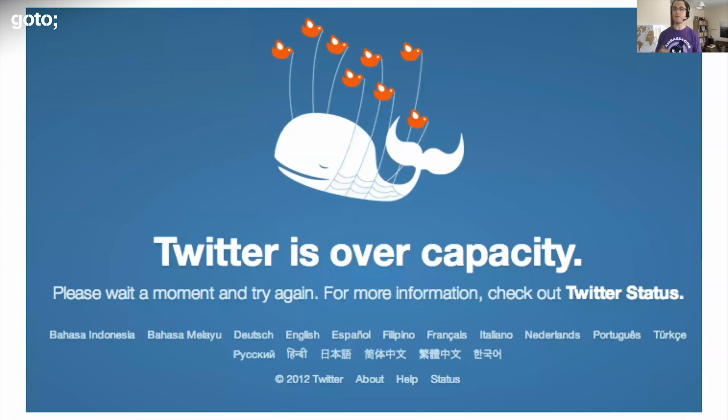2015, this was the kind of fail whale generation, right? If you remember this back in the day, Twitter constantly falling over. Ruby on Rails monolith. I was doing a lot of work on Ruby on Rails at this time. Fantastic for prototyping, fantastic for looking for product market fit, but Ruby on Rails doesn't always scale so well, is the reality of the situation.